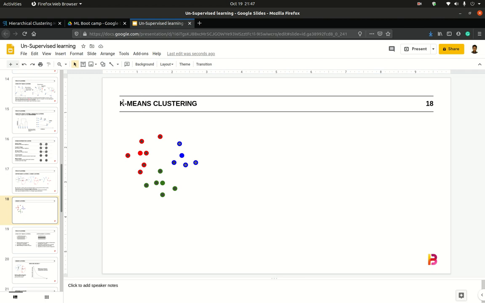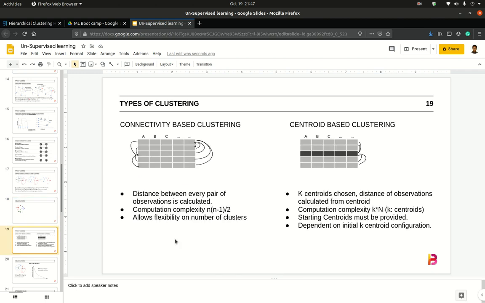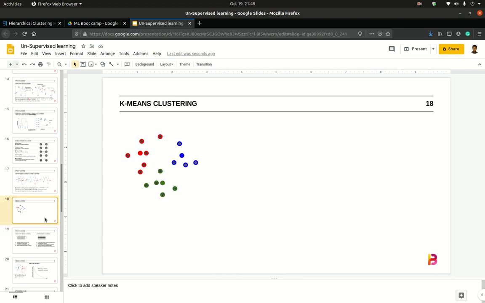And the reason why it is called k-means is it repeatedly calculates the distance of each point and takes the shortest distance, and that's why it's called k-means. K here denotes the number of clusters. So I hope with that it gives you a little intuition around how k-means clustering works.